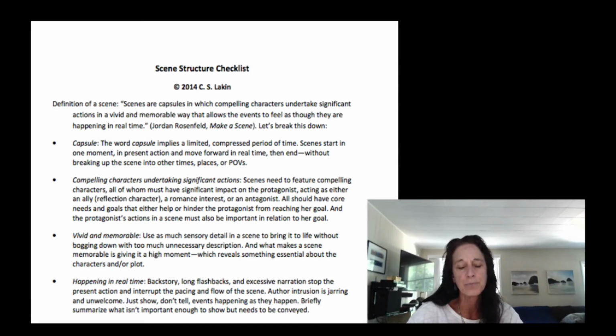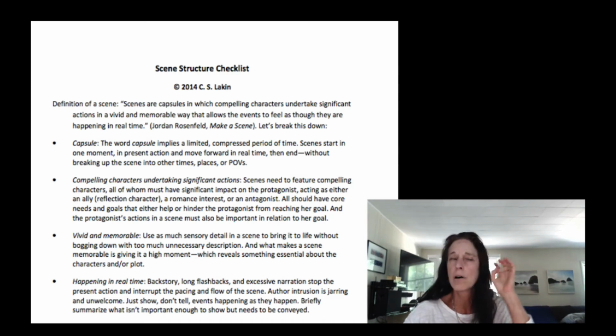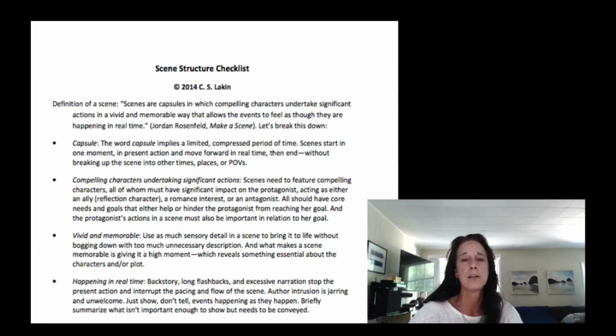So, capsule. The word capsule implies a limited, compressed period of time. Scenes start in one moment in the present action, and they move forward in time, and then they end. That's what I've been discussing this whole time. If you need a character to flash back on something, just have a quick couple of lines of flashback, triggered by something they need to think about in that moment that's important to your scene and your story.